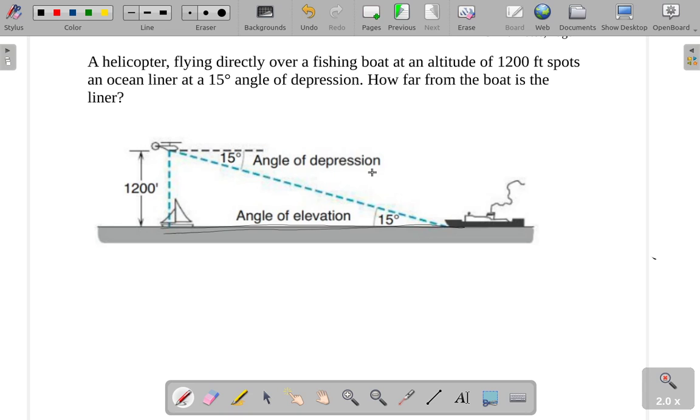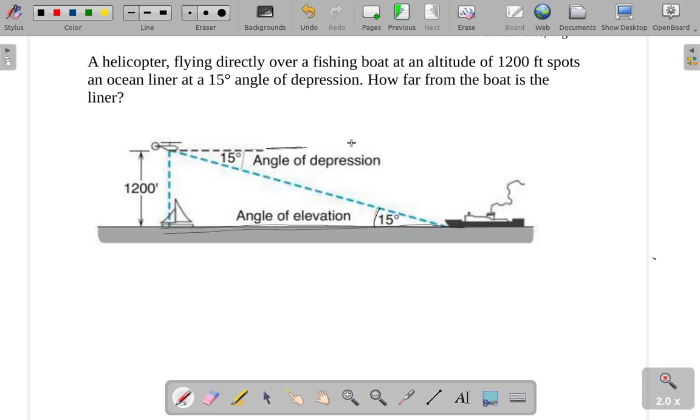if we have an instance like this, so there's a nice little diagram. Here's our fishing boat, and the helicopter is 1,200 feet above the fishing boat, so there's this distance here. And when you're spotting something, if you say there's a 15-degree angle of depression, that means from the horizontal, you would have to look down 15 degrees to see them. However, since we're assuming that everything is flat here, then this angle right here would also be a 15-degree angle,